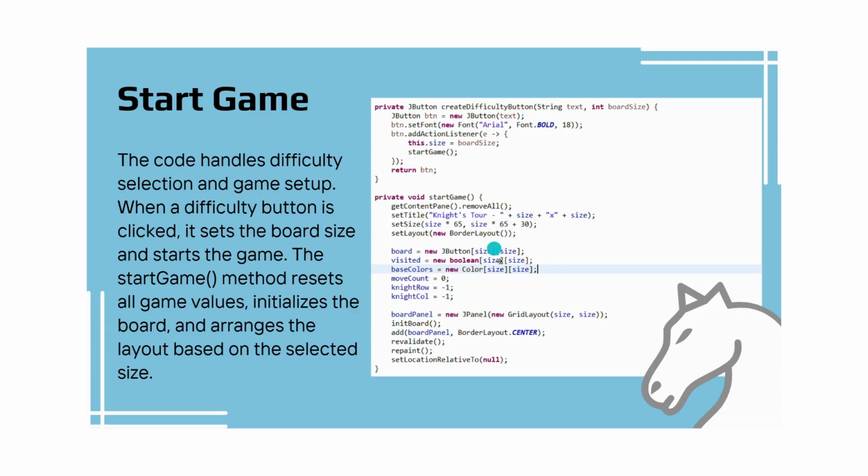So this button will start the game. It will make the board all blank, where the player can choose where to start, and it also registers where the player started and where the player can move from, what possible moves he can make for the game. So this one starts the game.